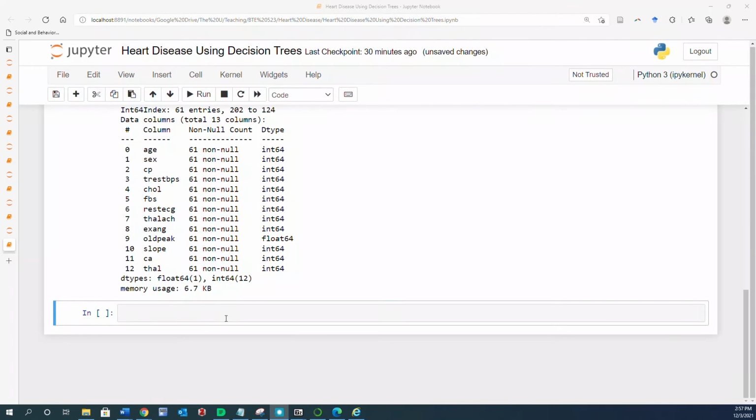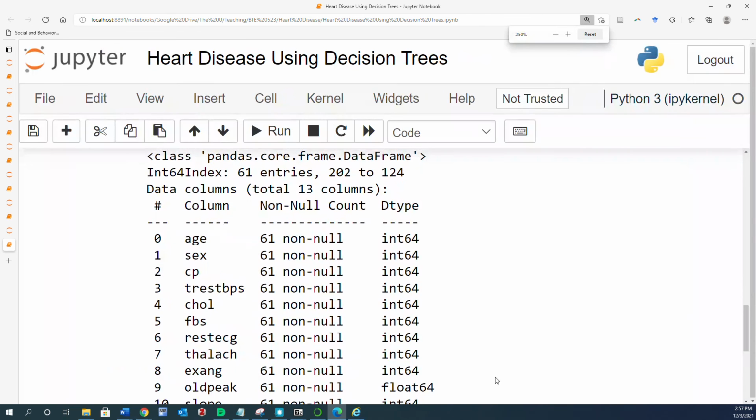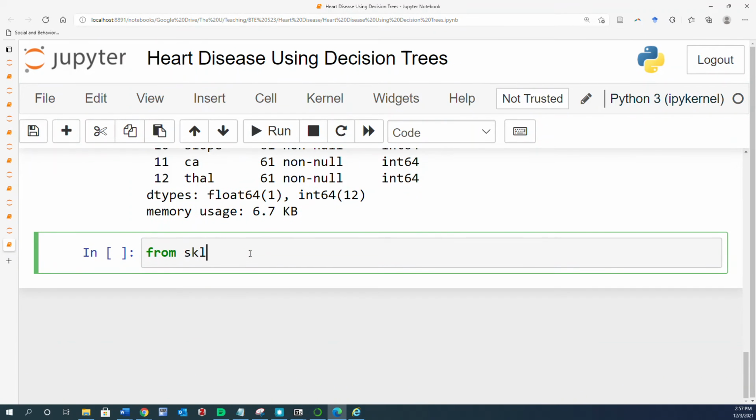All right, now we are ready to start the actual modeling process. So we are going to import the decision tree classifier from sklearn. So we just type in again, from sklearn.tree import DecisionTreeClassifier,